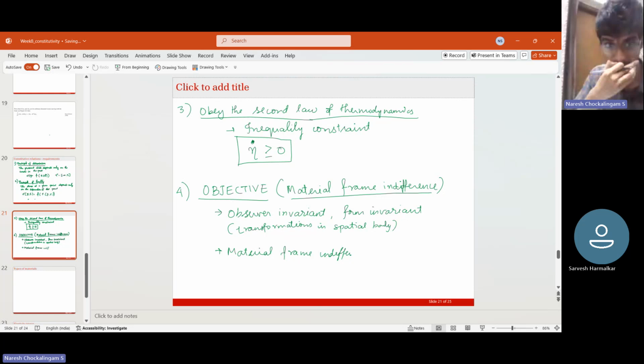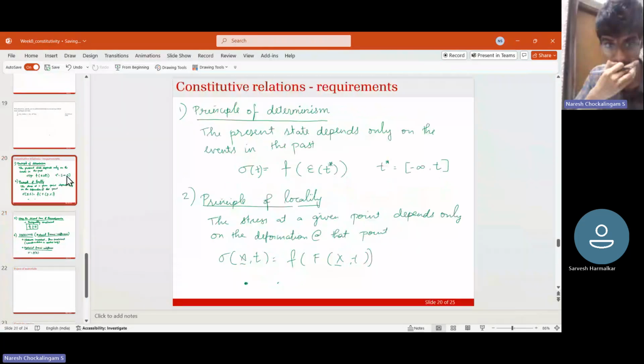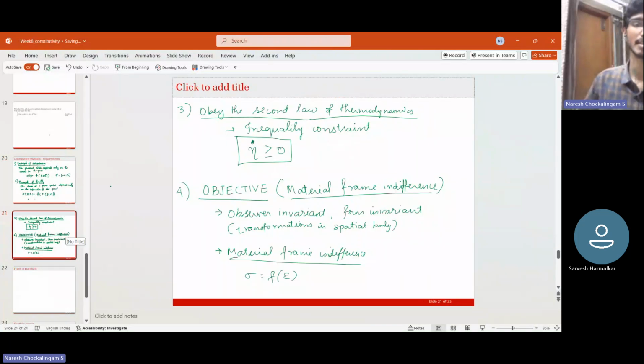So these are four fundamental restrictions on the causal relationship, that it should depend only on the past, not the future. It has to depend only on the current point. The stress at a current point is a function only of the strains and the temperature at that point. Then we have the second law of thermodynamics, which is an inequality constraint. The constitutive relationship should be such that for arbitrary processes, the entropy of an isolated system always increases or remains constant